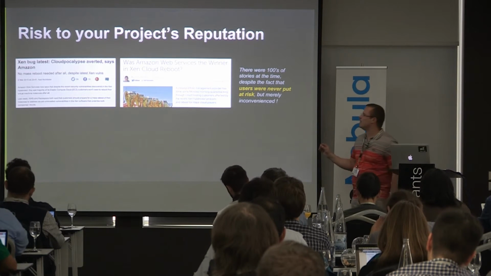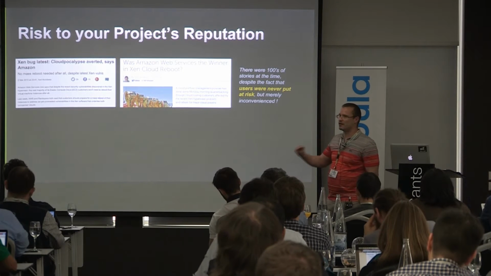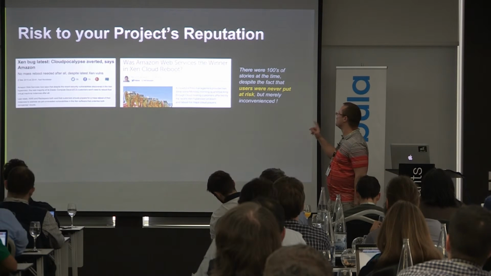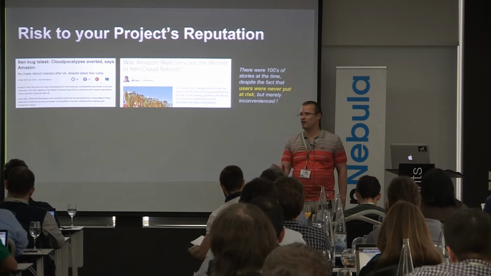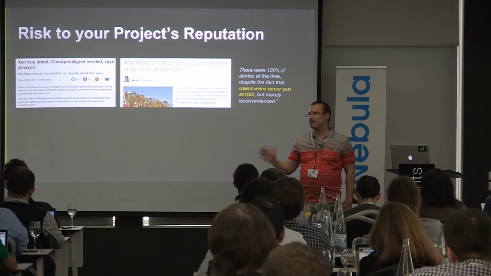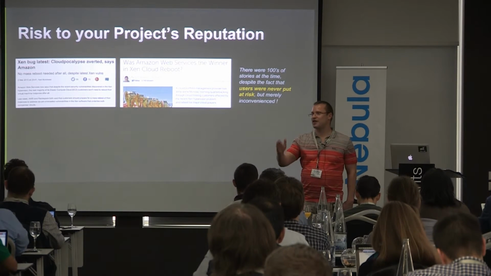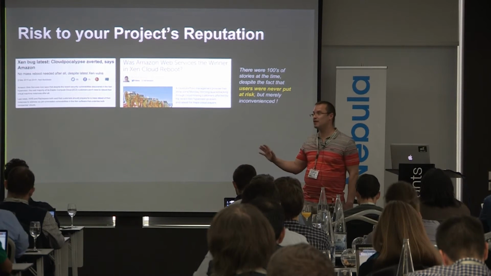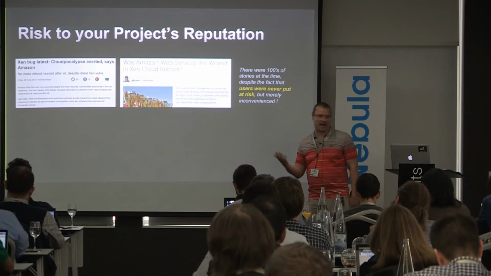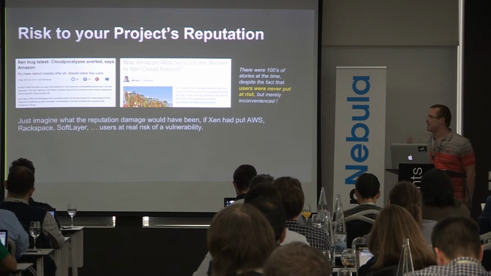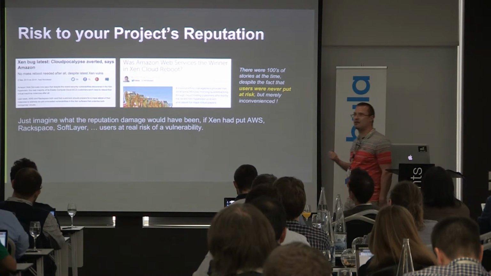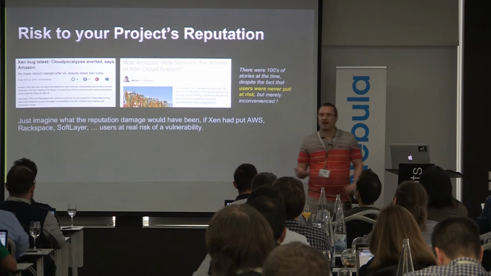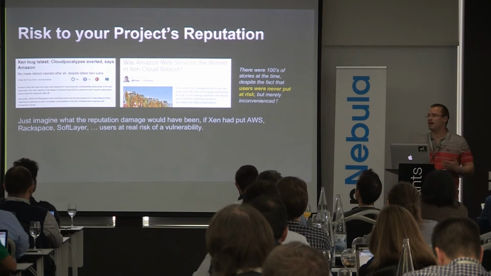What was really interesting is we got really slaughtered by the press for this, just because users were fundamentally inconvenienced, right? The users of those services were actually never put at risk because all the patching happened before the information went out, but there was a degree of inconvenience, and it was a really huge story in the press. Just imagine what would have happened if users were actually put at risk. It could have killed the project, fundamentally. And that applies to Xen, and it applies to many other projects as well.